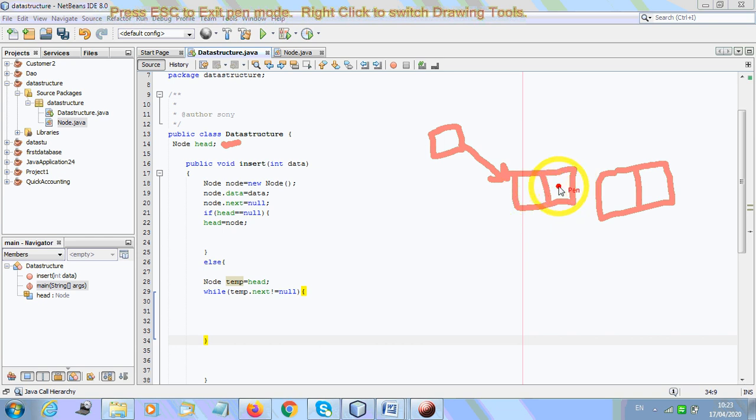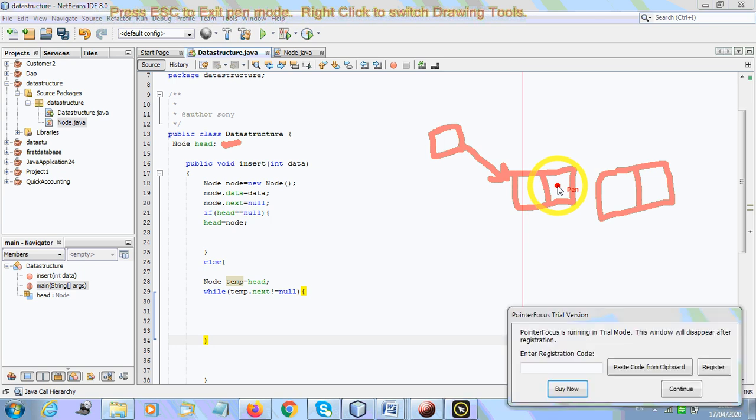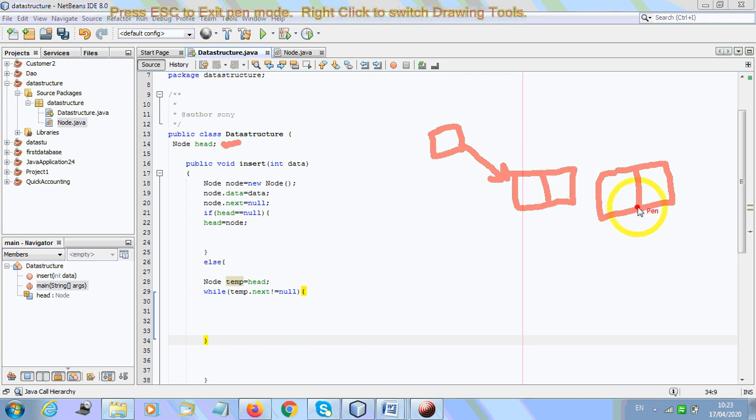If you want to insert this node, we have this node, so when it is null, it is going to stop here itself. This will become null here, so we will be here itself. Temp next not equal to null means if it is null, it is going to hold there itself. Yes or no? Good.